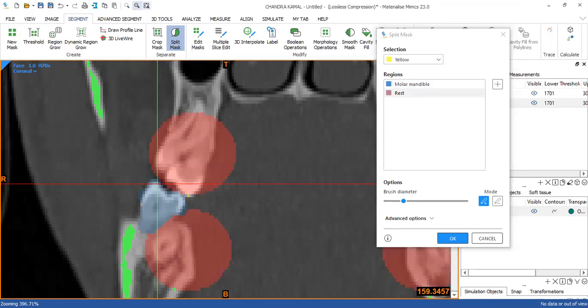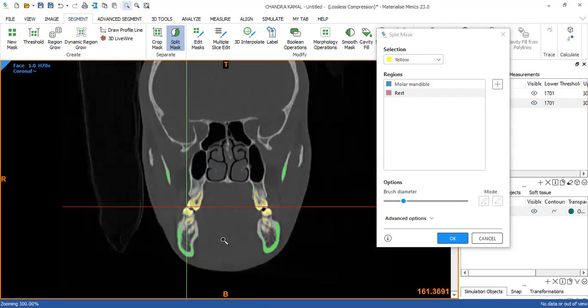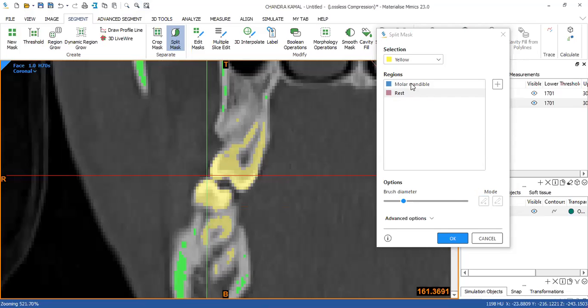Zoom out and mark the remaining things. Again, zoom in. Mark the molar.